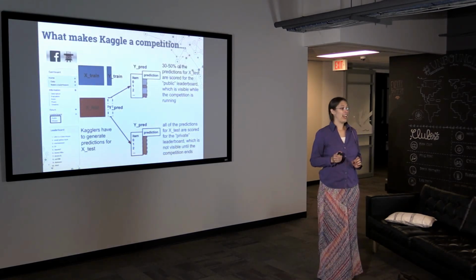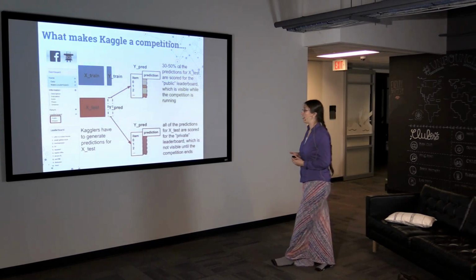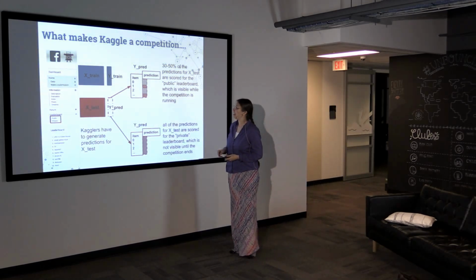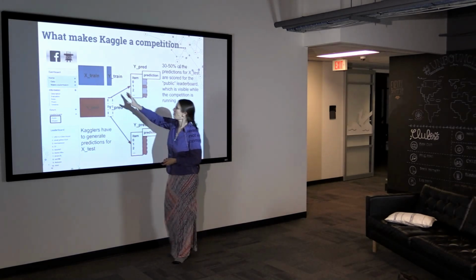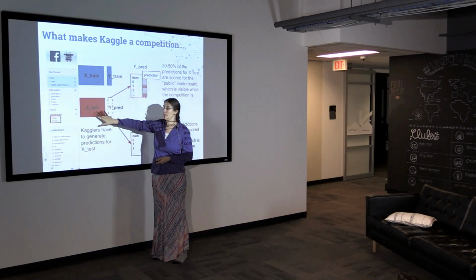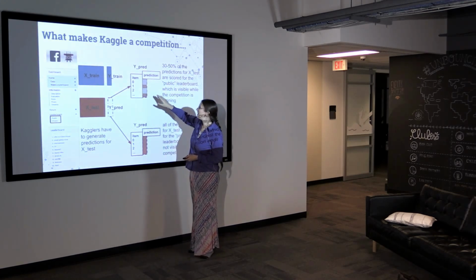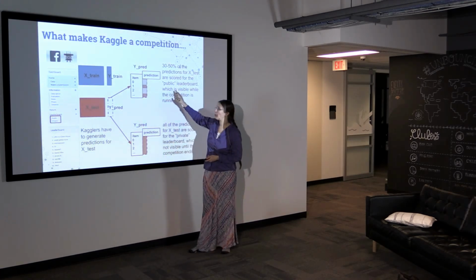Okay, so Kaggle is a competition because during the competition, there's a public leaderboard. What happens is you're given some training data and the labels for the training data, and then you're given some test data and you're asked to make predictions for this. And while the competition is running, the public leaderboard consists of